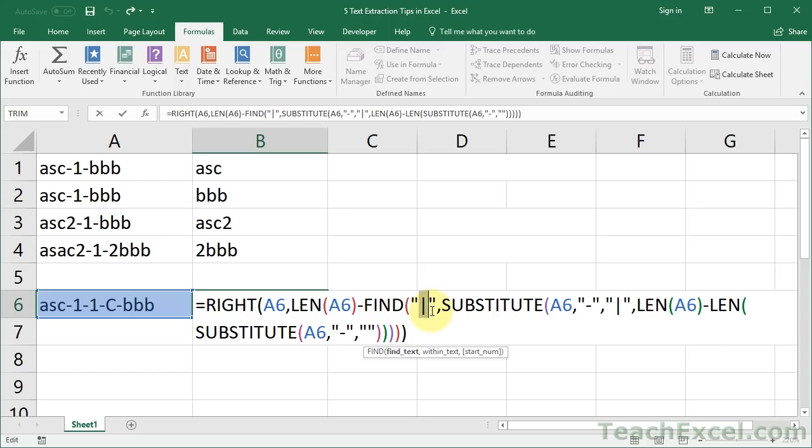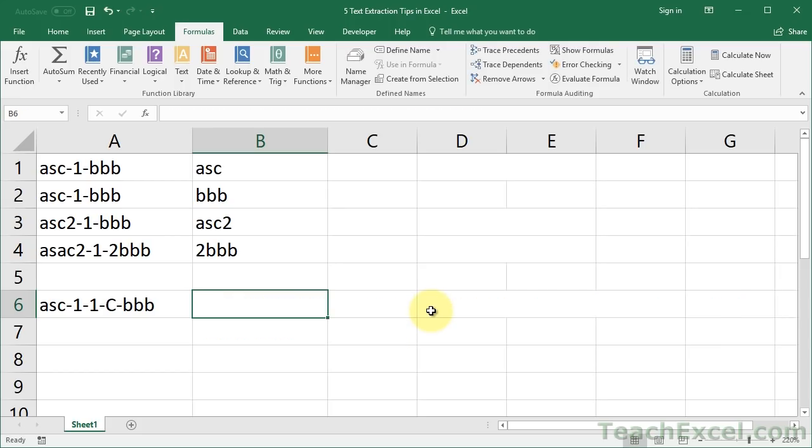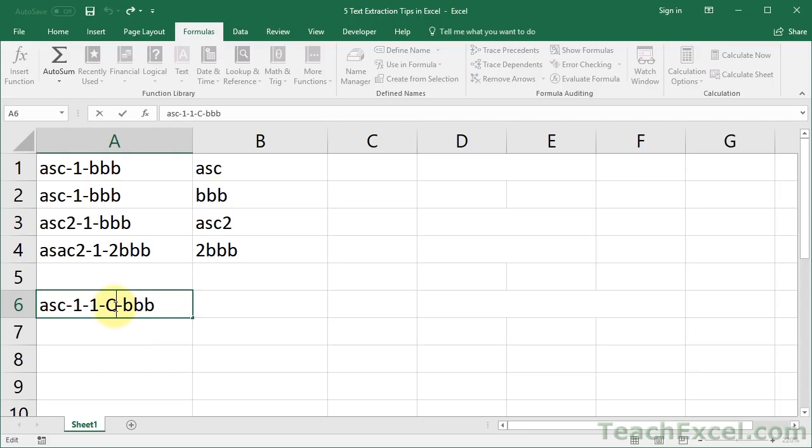Now before we talk about the functions, I'm going to try to explain in as simple a way as possible how this formula is going to work. So what we want to do is to get the last part of the cell. It could be the last word. In this case, it's the last part after the very last dash. In order to get the very last part, we have to find the very last delimiter, the very last space, or in this case, the very last dash. We need to figure out where that is, just like in the previous example,